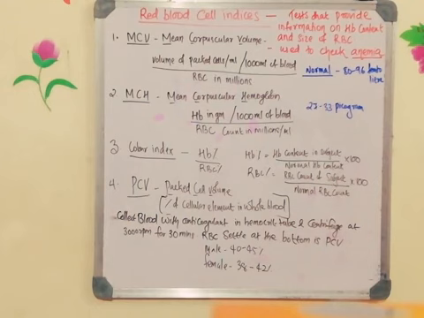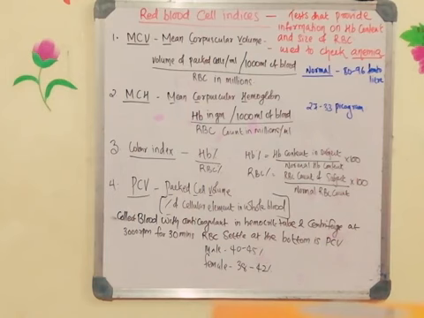In this test, we need to collect the blood with anticoagulant in a hemocrit tube. The volume of the hemocrit tube will be 100 ml and centrifuge at 3000 rpm for 30 minutes. So what do you have to do? Collect the blood with anticoagulant in a hemocrit tube and centrifuge at 3000 rpm for 30 minutes. RBC settle at the bottom. You can see after centrifugation RBC will settle down in the bottom.